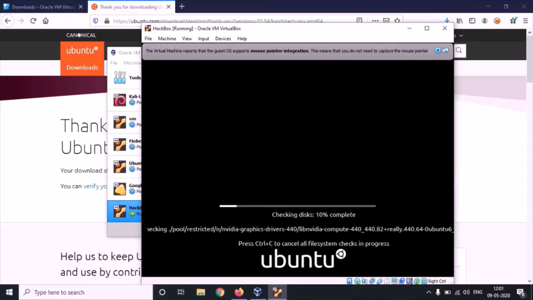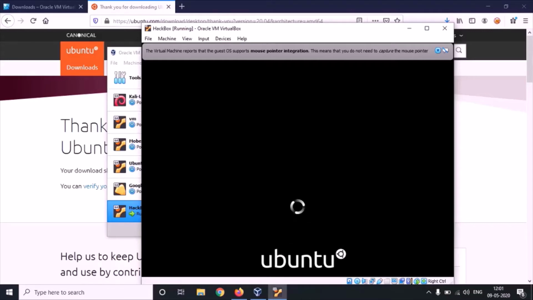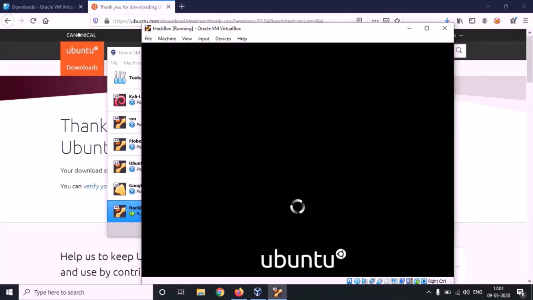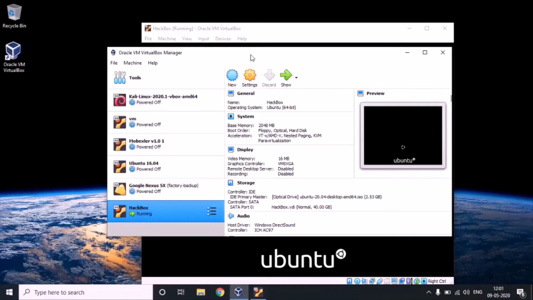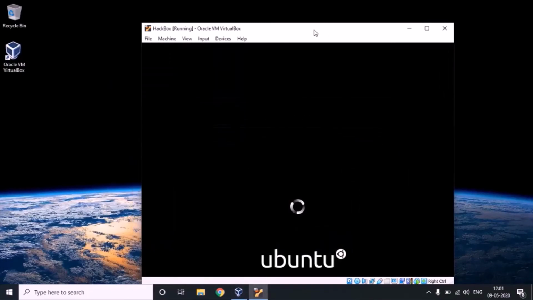You can see that our Ubuntu setup has started. I'll just minimize it and close the other things.